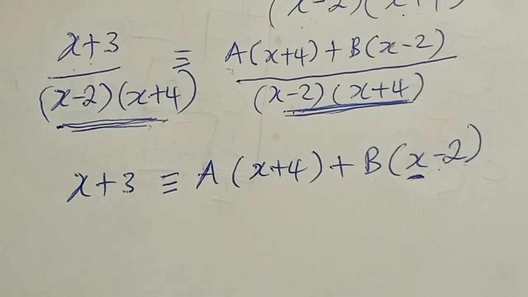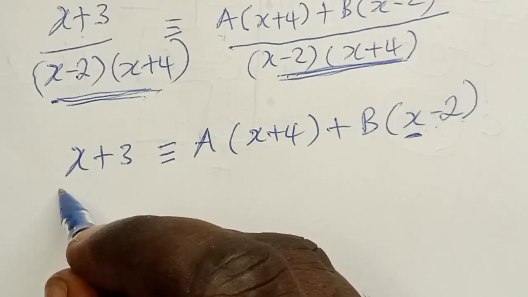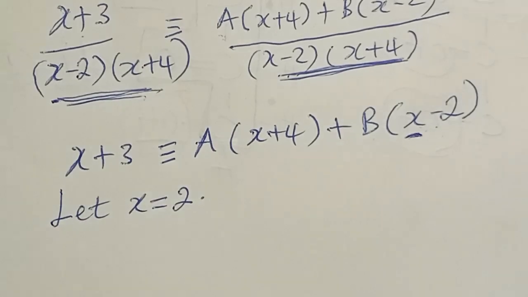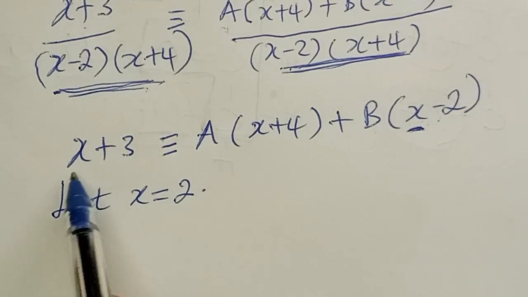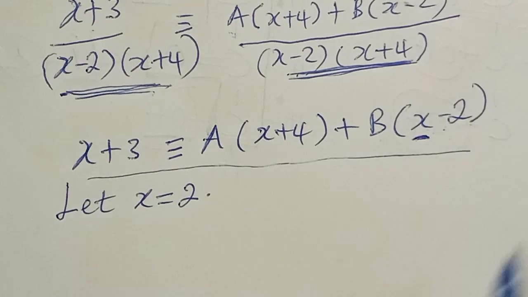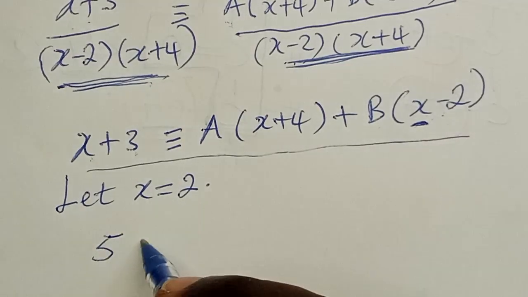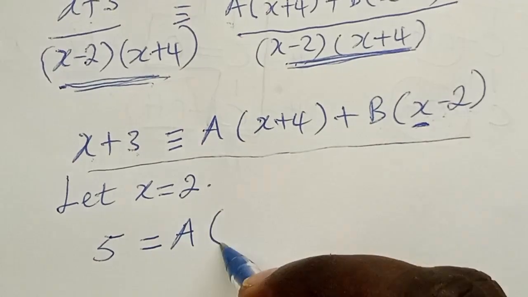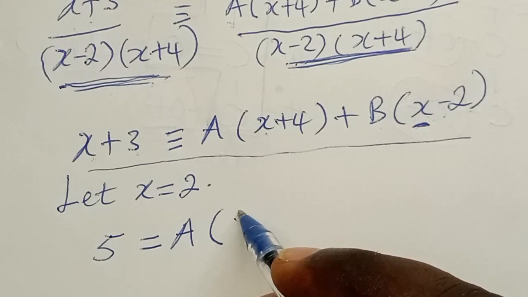In this case, if we let x be equal to 2, we are going to have this expression here. As you can see, that is 2 plus 3, which is going to give us 5, will be equal to a into, that is 2 plus 4, 6,